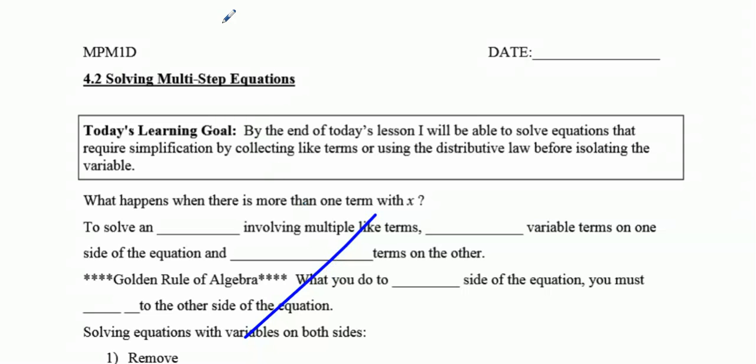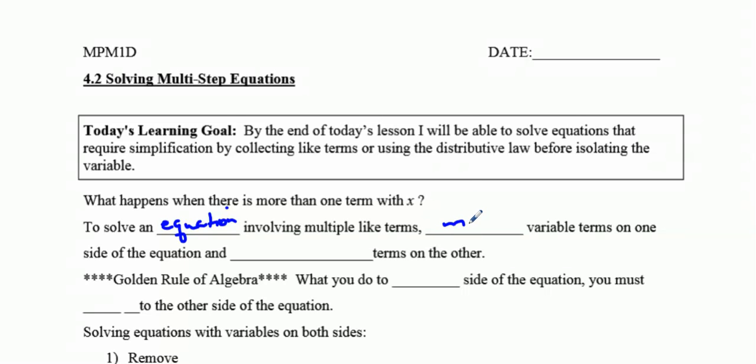So in that case, you're going to have to gather up your like terms. Gather up all of your x's before you isolate the variable, because there's more than one variable. Okay, to solve an equation involving multiple like terms,